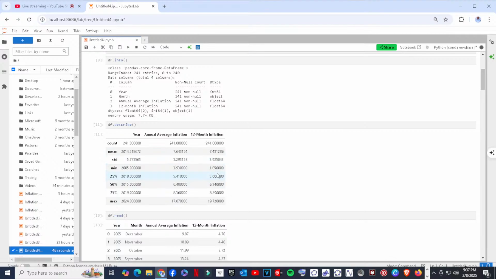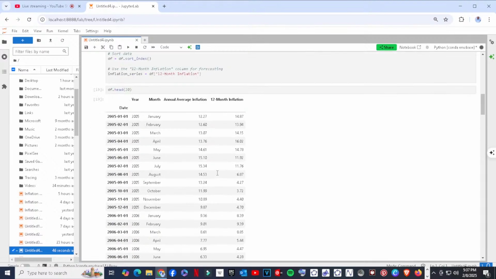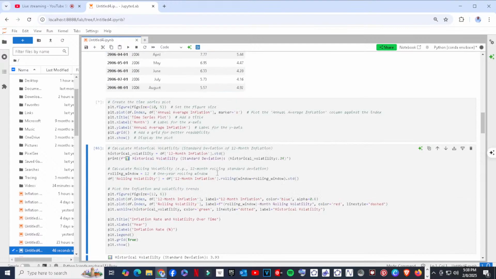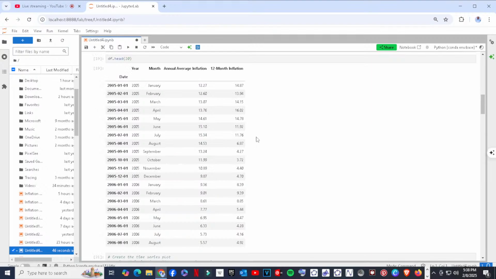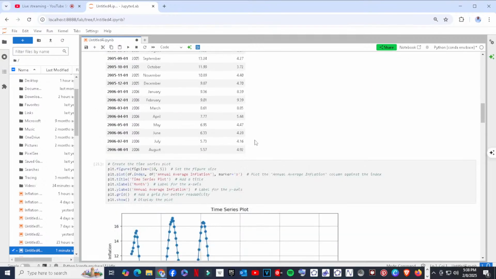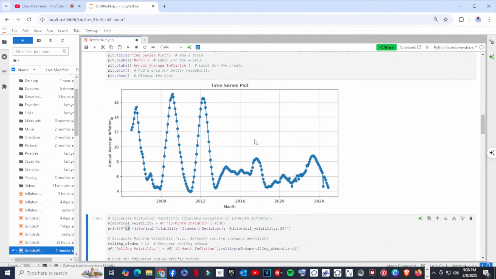Now I'm just taking you through that as I wait for the machine to finish the operation that it's performing, and I see it's finished. So this is actually the plot that I showed yesterday, a time series plot of annual average inflation.